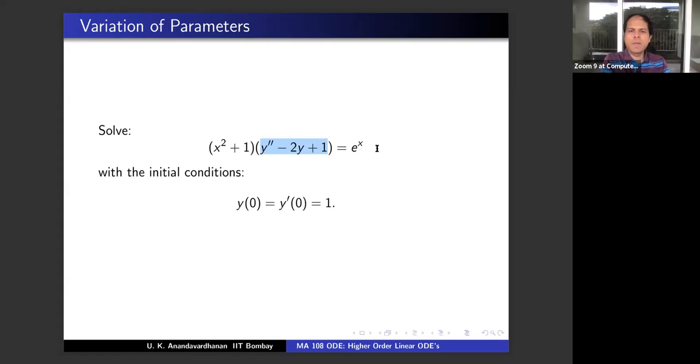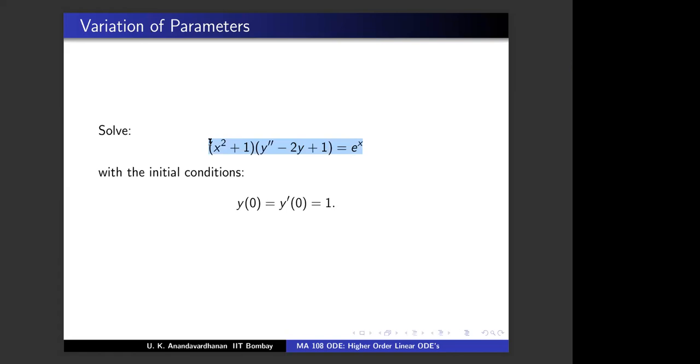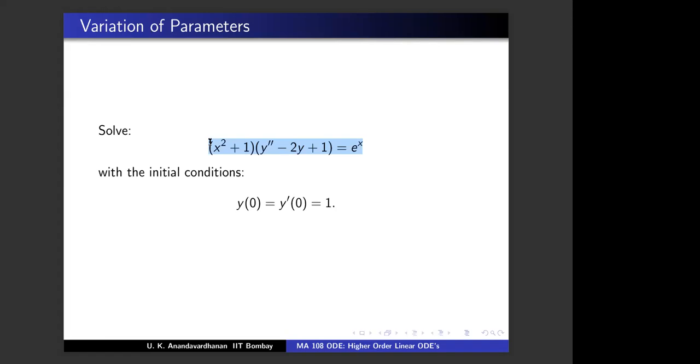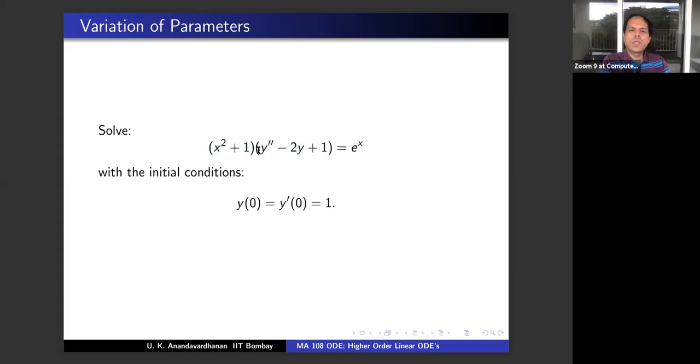So general solution will be of what form? It will be some particular solution plus c1 e power x plus c2 x e power x, right? And in that you put y of 0 equal to, yeah. Is there a question? Here the homogeneous equation is y double dash minus 2y equal to 0. So its solutions will be e power minus root 2x and e power plus root 2x. Is the homogeneous part y double prime minus 2y equal to 0?